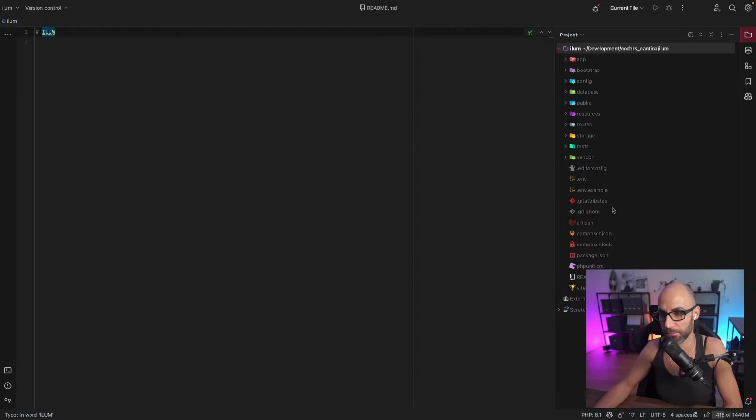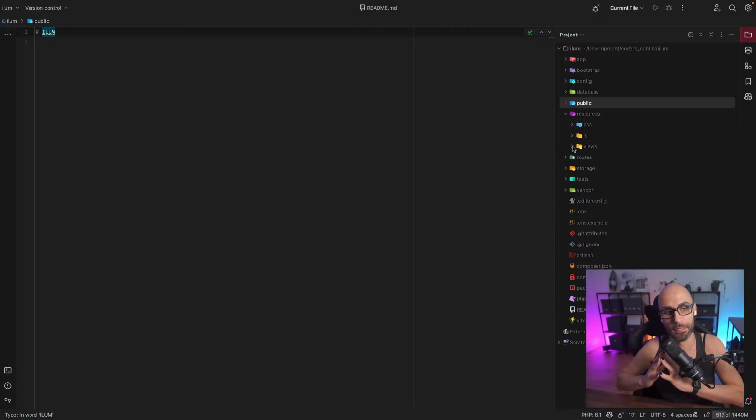So we have different folders here. The main core logic will be in the app folder. Bootstrap is framework related. All configuration goes in there. Database, where all database related stuff is handled. We have the public folder where static files are served. Then we have the resources folder where the front-end implementation for the JavaScript and CSS side relies. And also the views if you think about rendering something with Blade. So emails in our case,